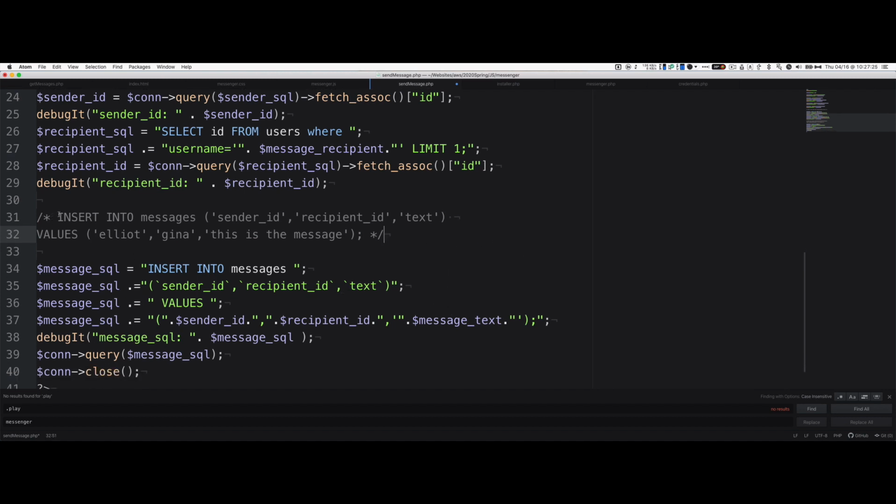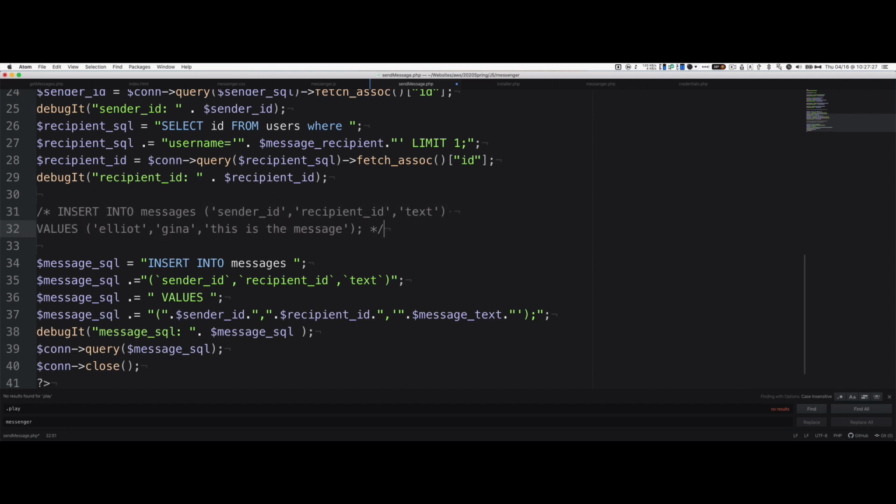Okay, so this is what this looks like. We're just building up this query and sending it. We don't care about the results. We might care if there's an error, and you may want to grab it and provide that as feedback